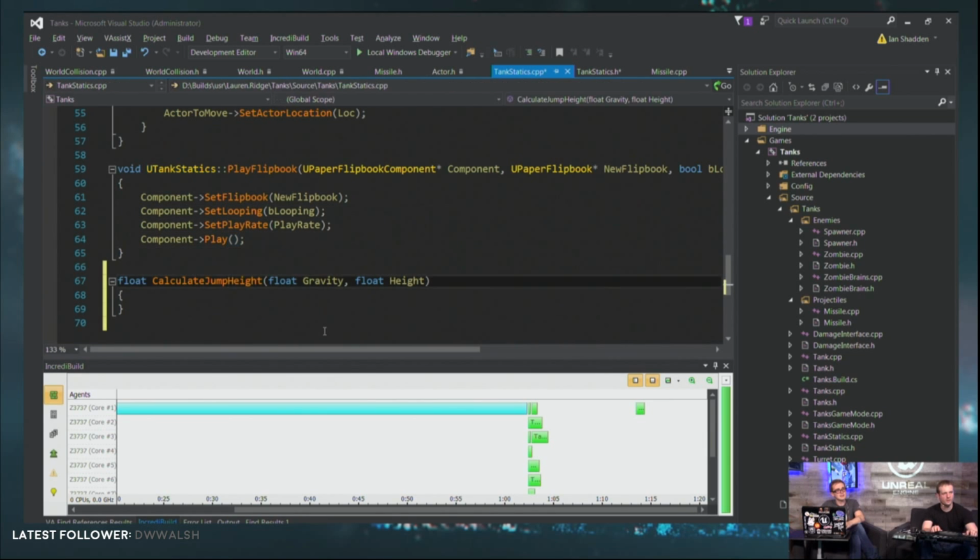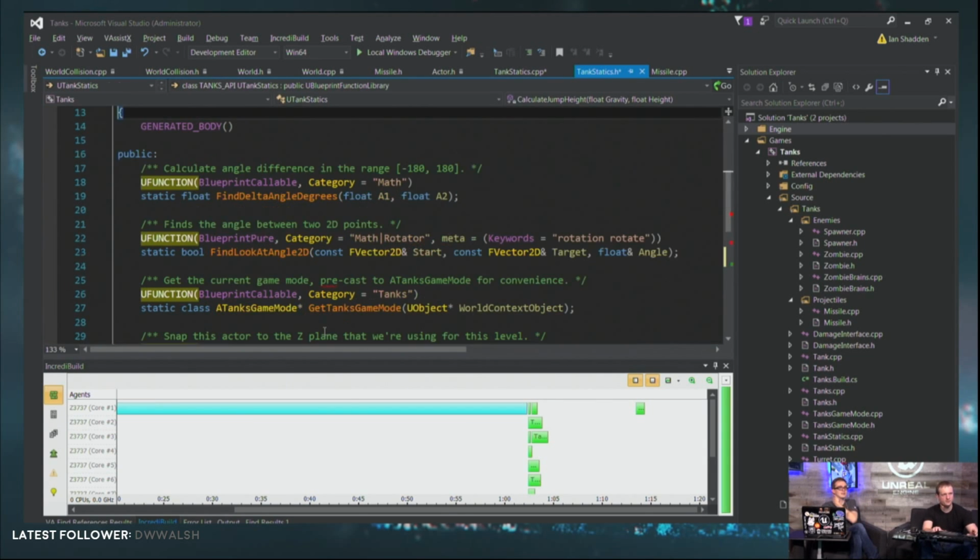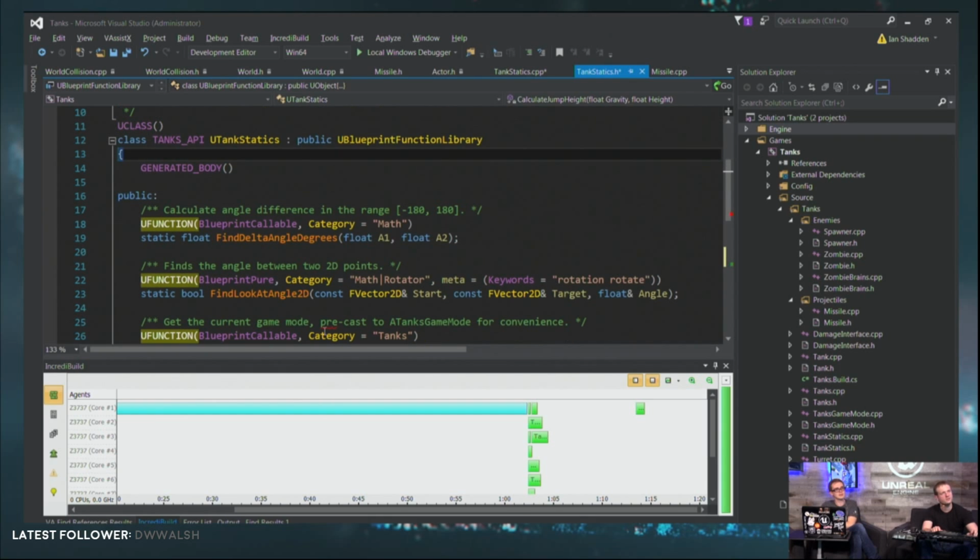So in the other file, just to explain why I have to do this here and not there. In this file, I'm going to go to the matching brace with the magic button, thanks to Vax. And we're inside the class UTankStatics, which is a blueprint function library, as you can see. So all of these functions are implicitly within UTankStatics.